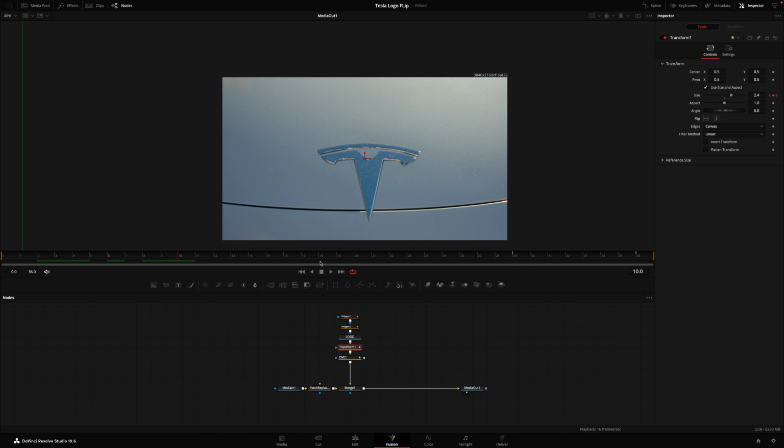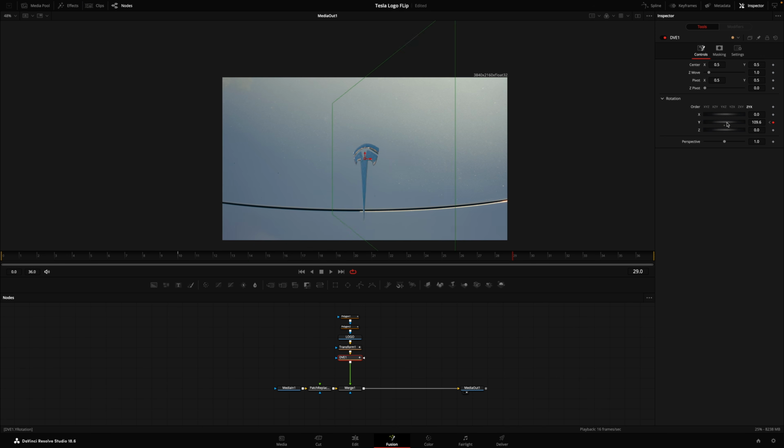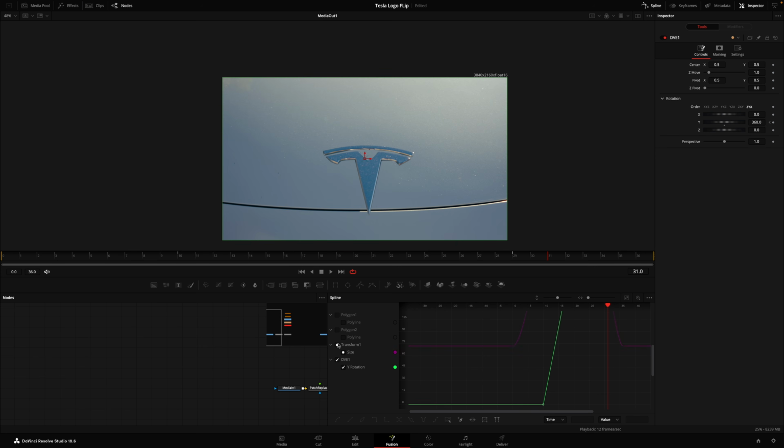Then I'm going to click on the transform to see where my other keyframe is over here. Move the playhead to that keyframe, select the DVE, and you can select as many times as you want it to rotate. So I'm going to add 2 rotations, so 360 degrees. And if you want, you can come up here to the spline, select the DVE node, and add some smoothness